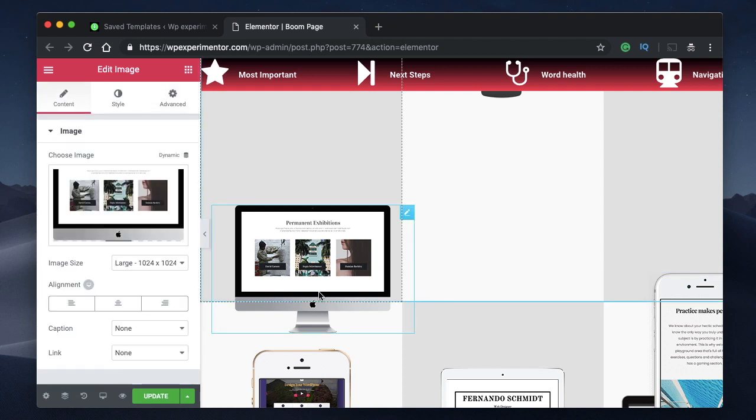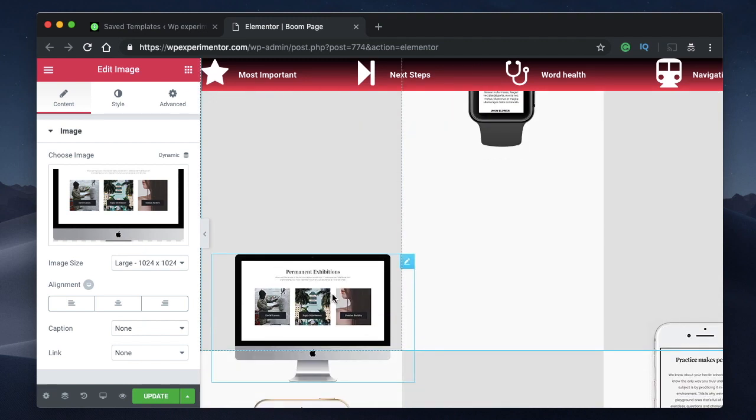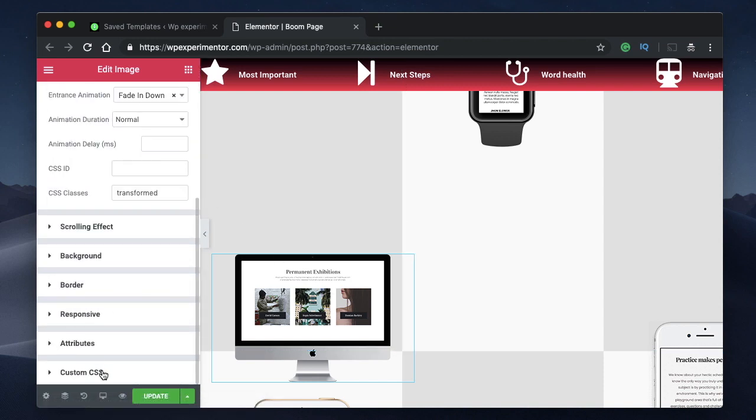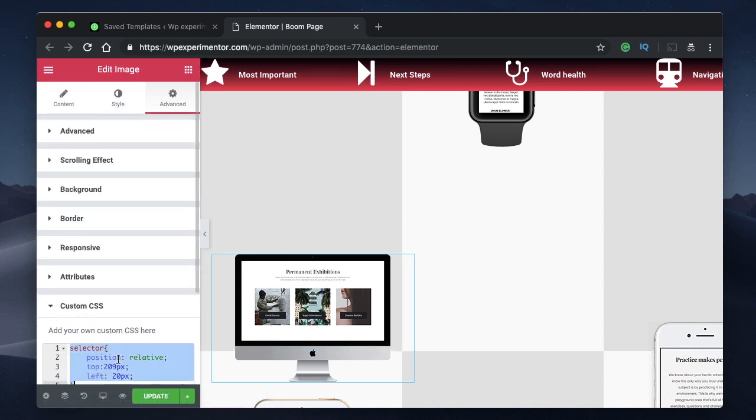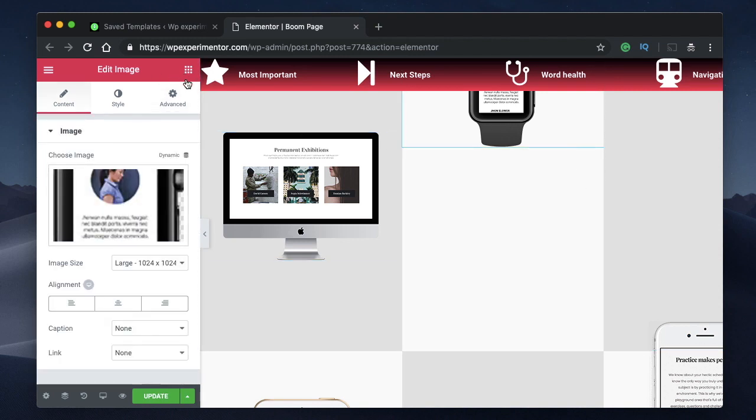And this is not just for any image or any particular widget. You can apply these properties to anything. It can be text, it can be images, it can be videos. So basically any widget. Even better, you can apply this to any section, column. So let me show it to you. Let me clear the custom CSS for this one, or maybe I'll just cut it so that we'll use it for our future